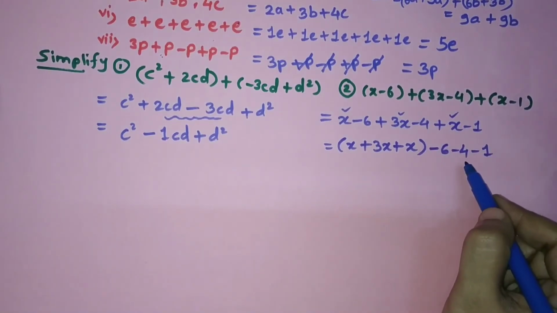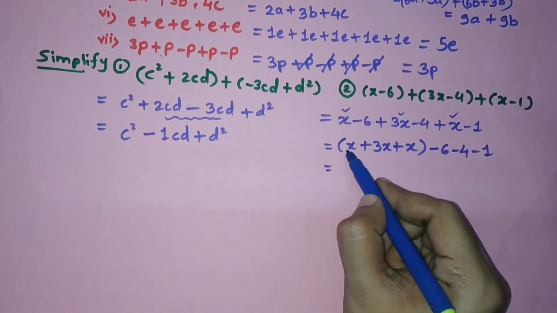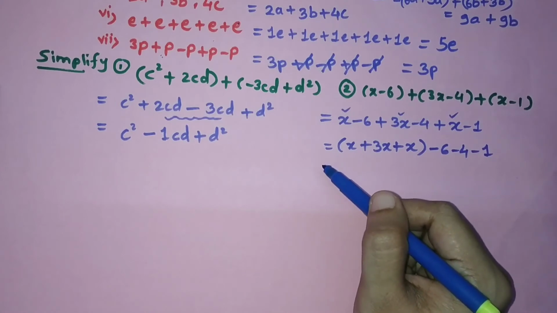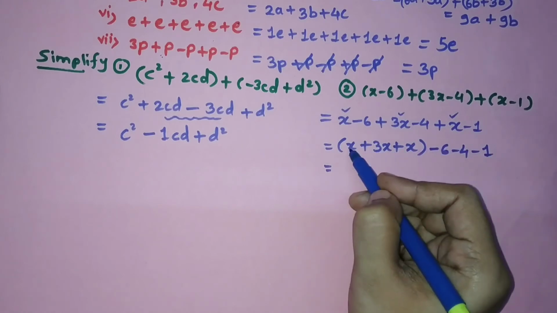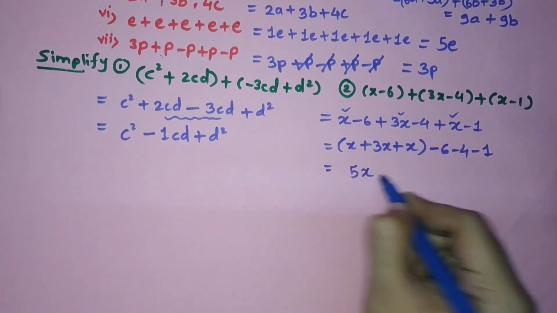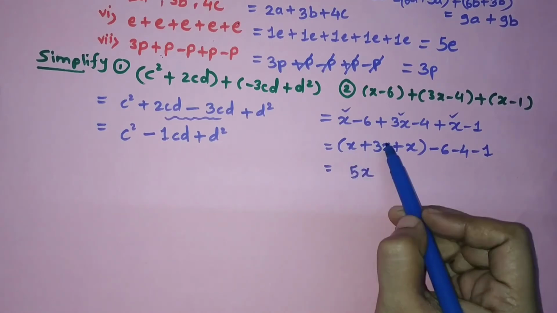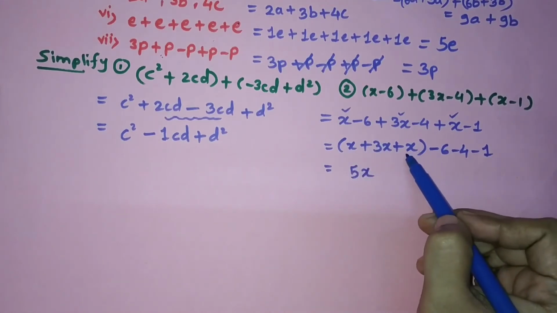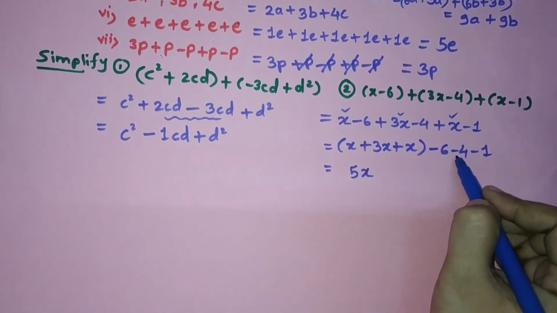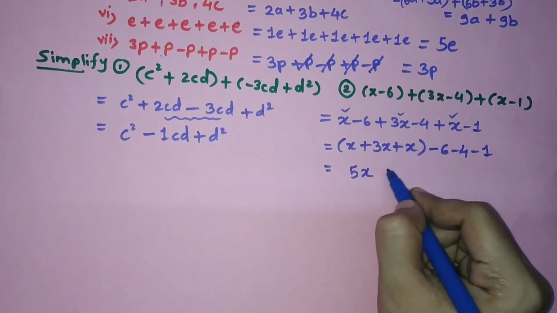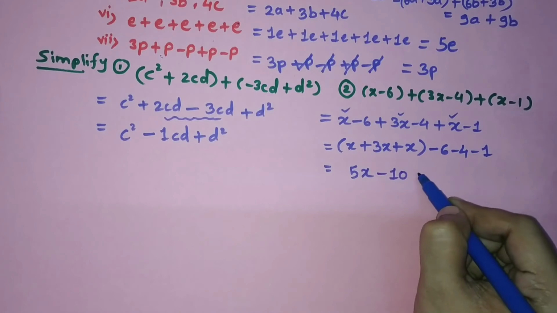After arranging the problem as per our requirement, now we'll go for the addition. Here x is there, means it is a 1x. So 1x plus 3x plus one more x. So 3, 4, 5. Total 5x will be there. How 5x? Here it is nothing but 1 is there. Here 1 plus 3, 4. 4 plus again 1, 5. So 5x will be there. Now minus 6 minus 4. You will get minus of 10. When both are of negative sign, you have to add them. Again minus 1 is there.